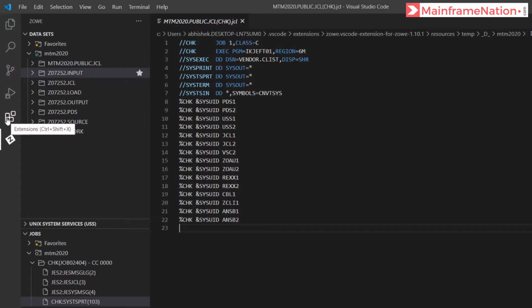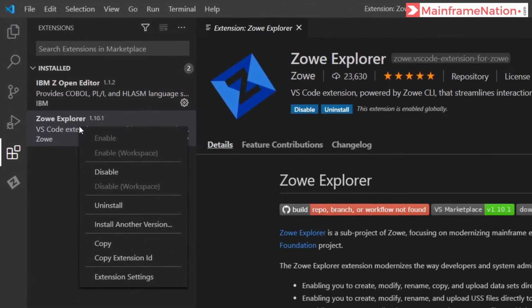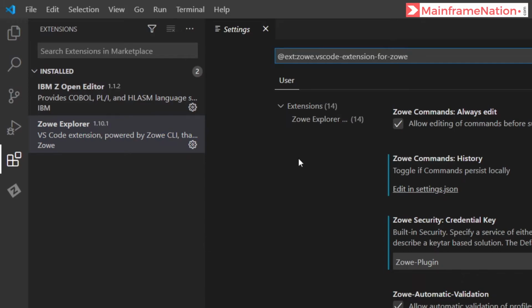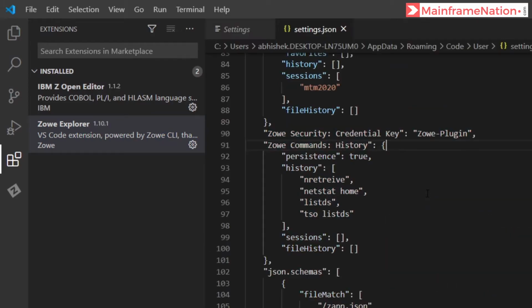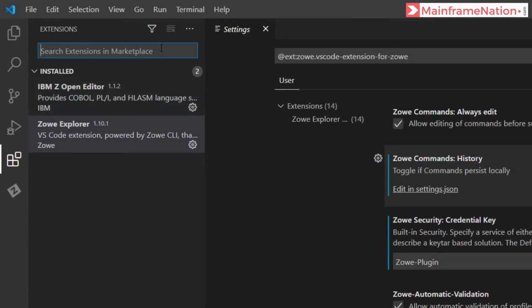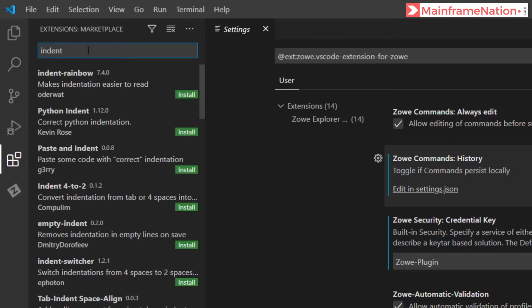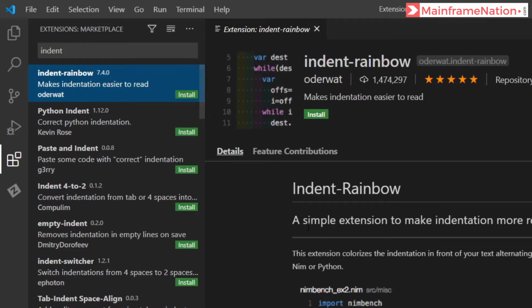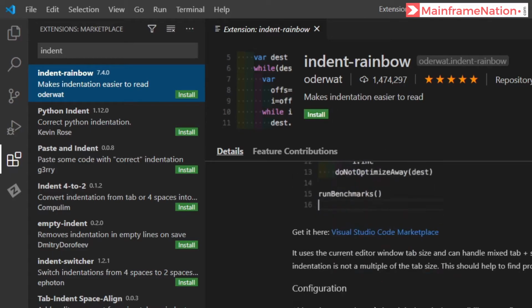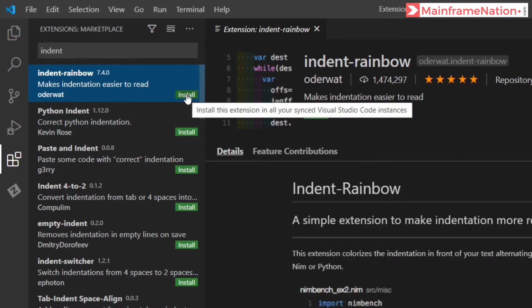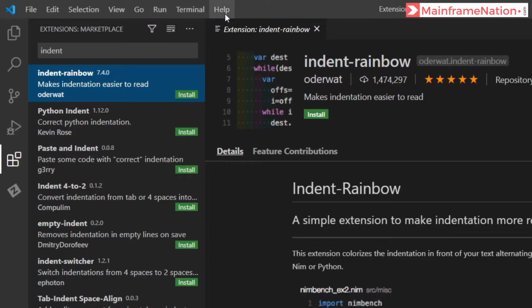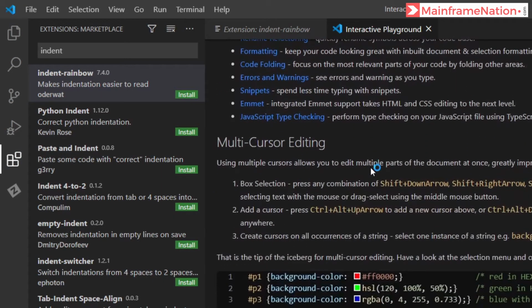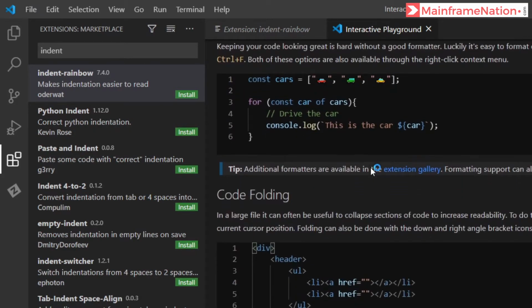You can also go to the extensions button. Here go to extension and click on extension settings. And then you can click on edit in JSON and you can change a setting if you want. Same way I can search for some other extensions such as indent, and here is the extension which makes indentation easier to read. You can install it by clicking on the install button. Also I can go to help, interactive playground and it will show me all the features that are available on